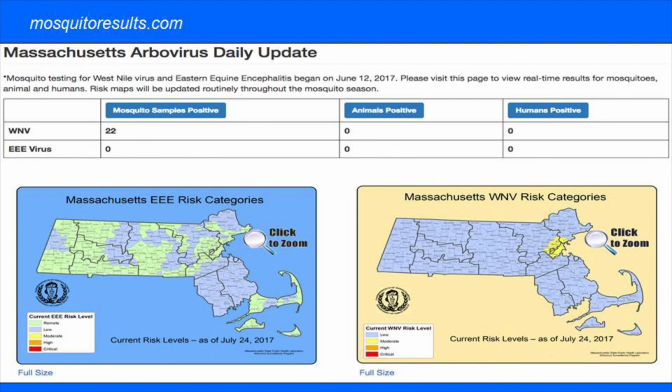The Eastern equine encephalitis map is a little different. The green here is actually remote. So that's a level lower than low, if that makes sense. We have a few towns on the Cape that are at that blue low level for Eastern equine encephalitis: Barnstable, Dennis, and Brewster, because historically I've picked up mosquitoes in those towns that are carrying Eastern equine encephalitis,